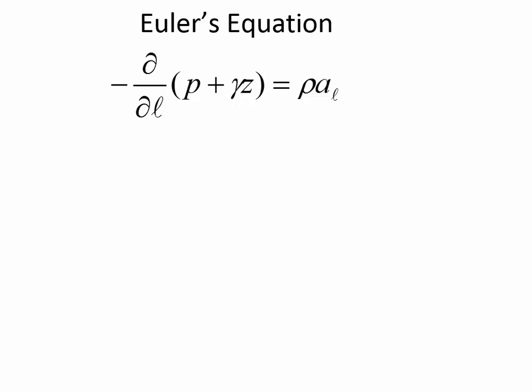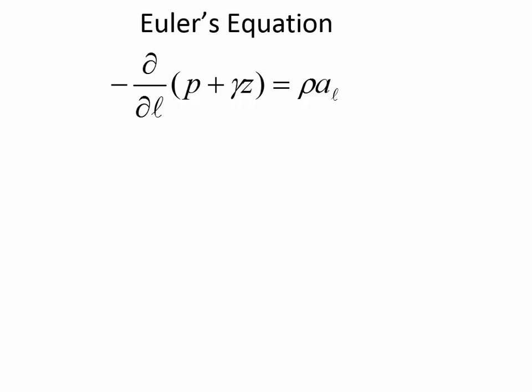Now that's under static conditions. If we have this tank of water and we're accelerating it, then things may be a little bit different. And so that's what Euler's equation is going to allow us to do, is it's going to allow us to look at some element of water that is experiencing a local acceleration, and then we'll look at how far apart 2 points are. That's what this dl is going to tell us, the distance between 2 points in a certain direction, in the direction that the acceleration occurs. And then, of course, the fluid that we're working with will have a certain density. And then this expression in here will allow us to keep track of the change in pressure plus gamma z